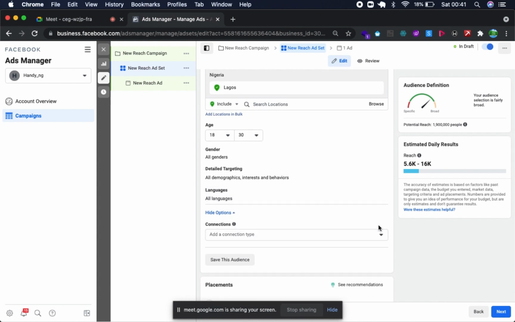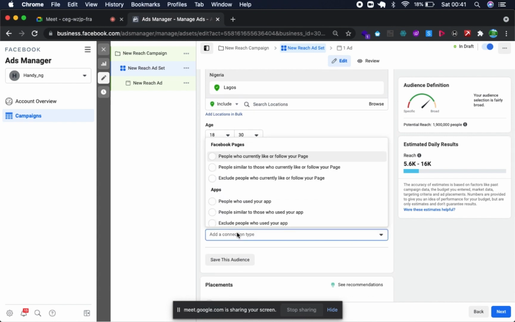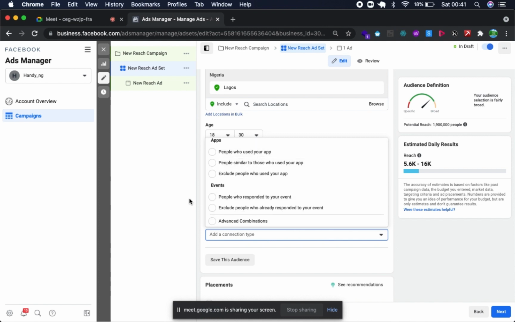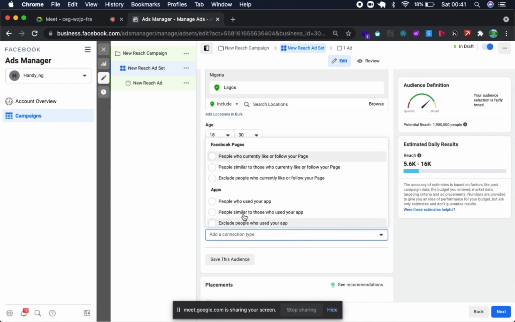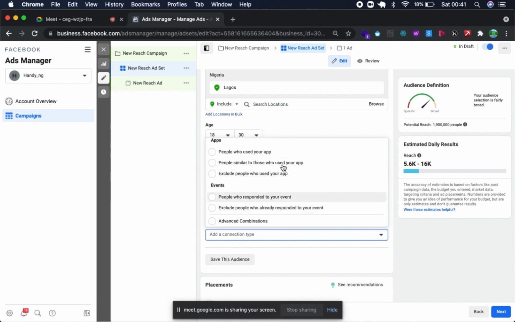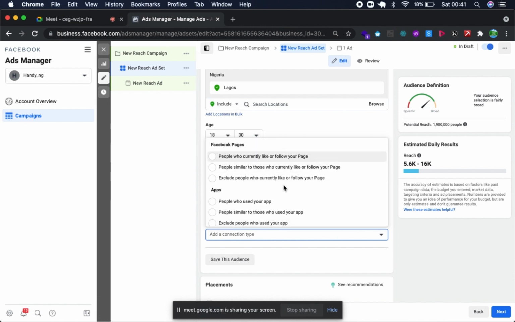You can also, after creating your audience, add connections to it. Connections will be like creating a lookalike audience of people who are similar to people that have followed your page. For example, you've grown your page and it has traction on its own, and you know the kind of audience you already have.